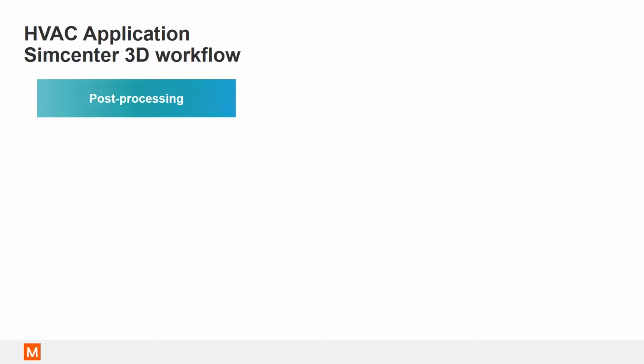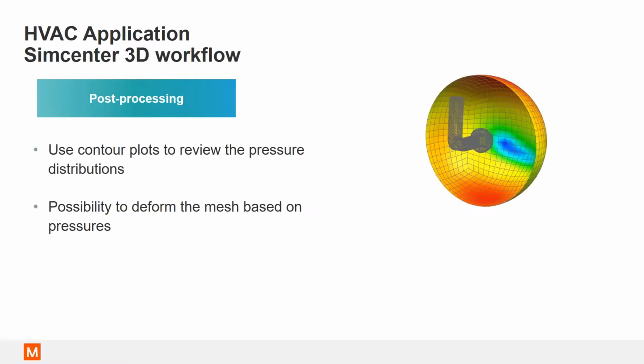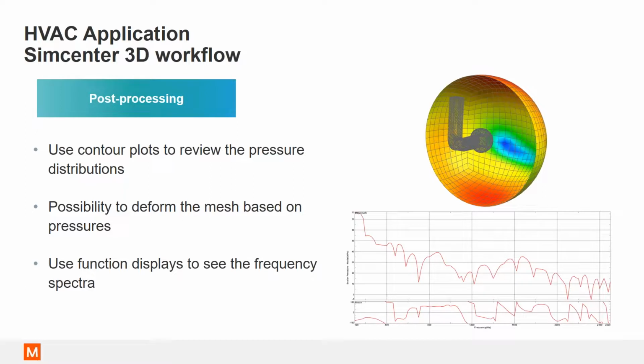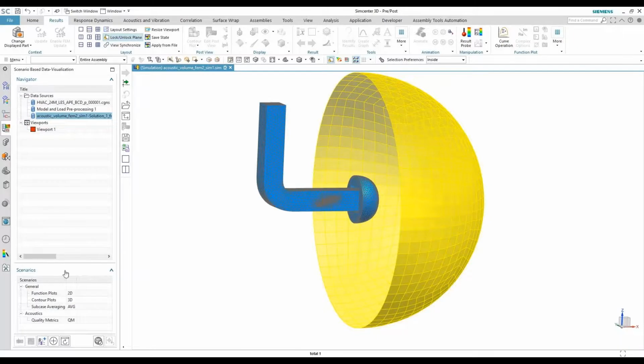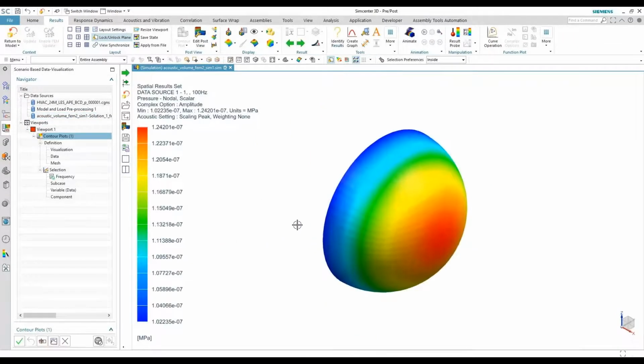The last step would be post-processing. So once the solution is resolved, you can essentially post-process all the results within Simcenter 3D. Typically, you're going to look at contour plots. We can deform the mesh to look at any directivity pattern on the noise as well. Of course, you can see the frequency spectra at various points. Due to time constraints, I could have shown you that in the tool itself, but I'm just going to skip that and just show you a quick understanding that all of this is possible when you're looking at